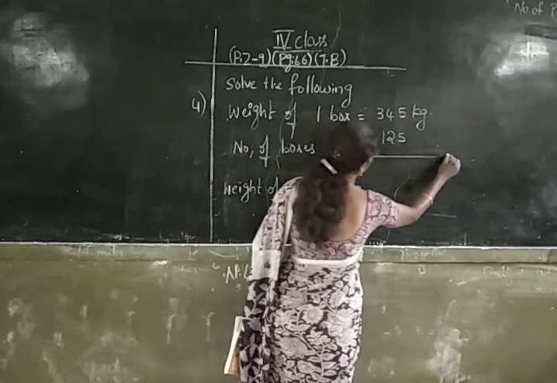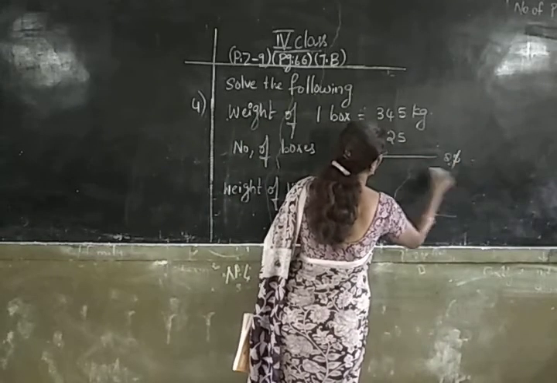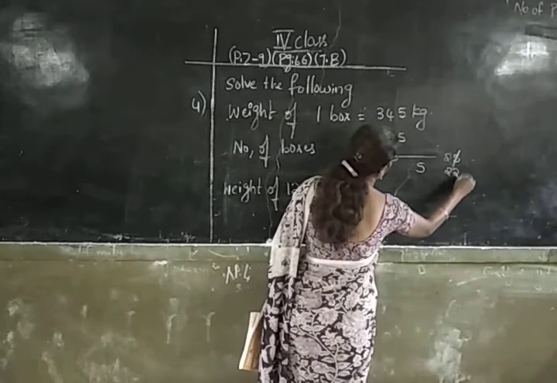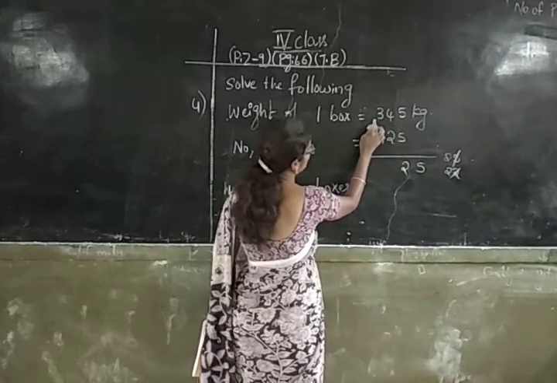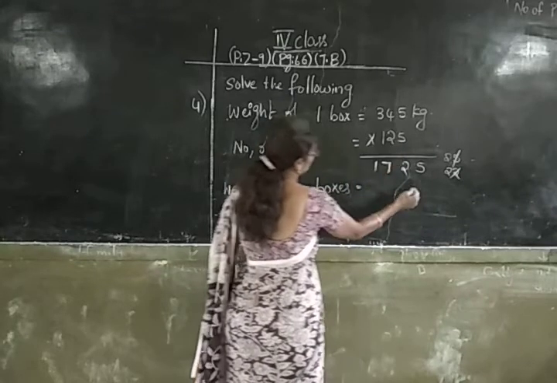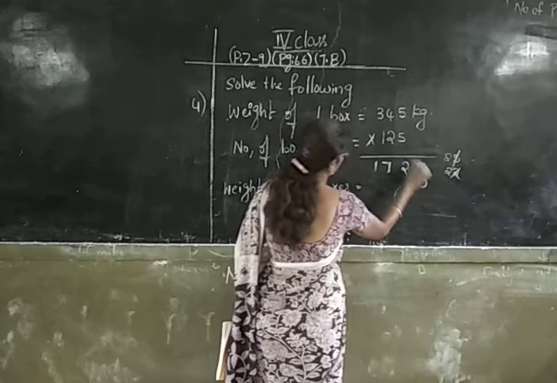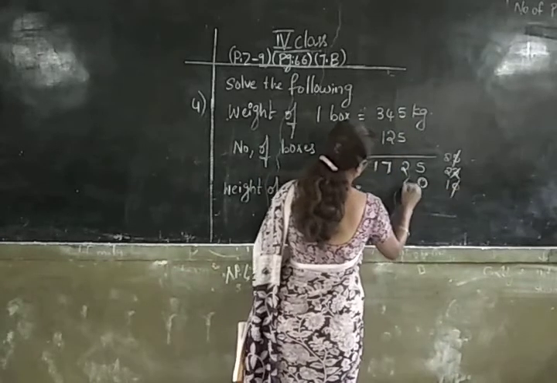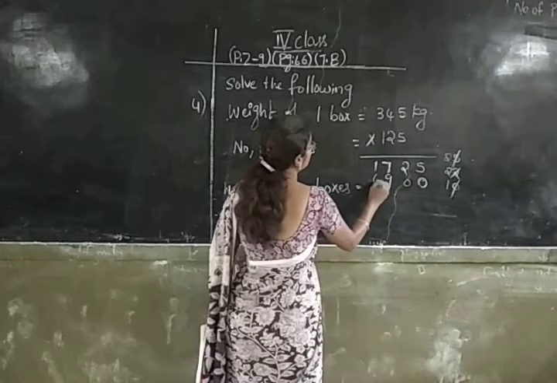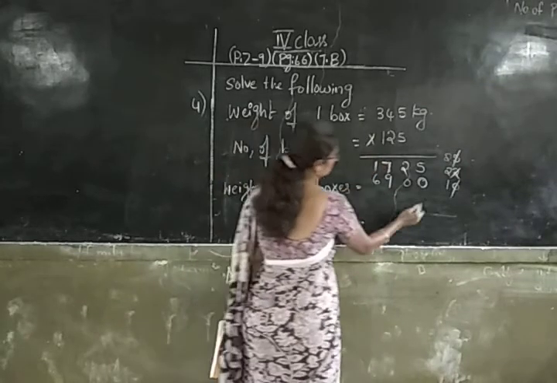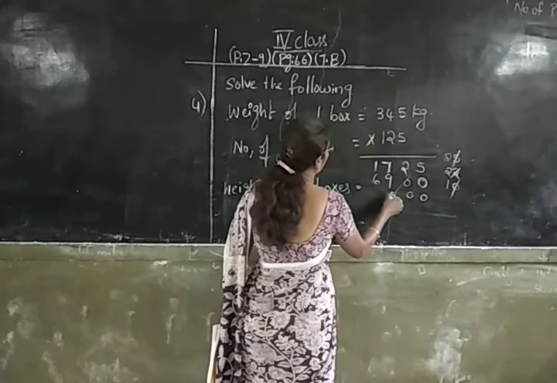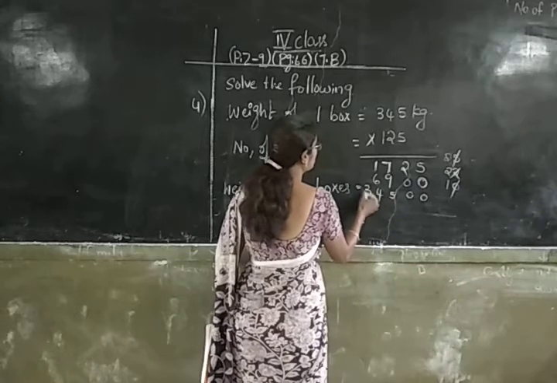Okay. 5 5s are how much? 5 5s are 25. 5 4s are 20. 20 plus 2, 22. 5 3s are 15. 15 plus 2, 17. 2 is in tens place, so put 0 in ones place. 2 5s are 10. 2 4s are 8 plus 1, 9. 2 3s are 6. 1 is in hundreds place, so put 0 in ones place and tens place. So 1 5s are 5, 1 4s are 4, 1 3s are 3.